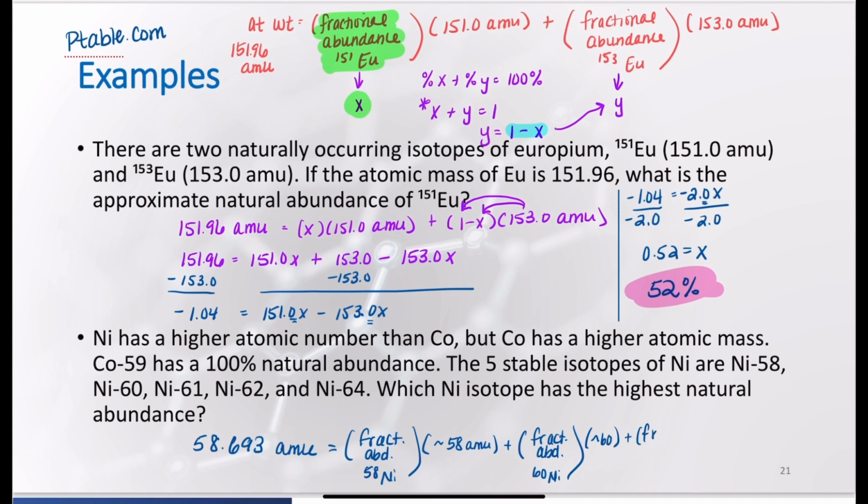I'm going to run out of room here. Fractional abundance of nickel-61 times the mass around 61,